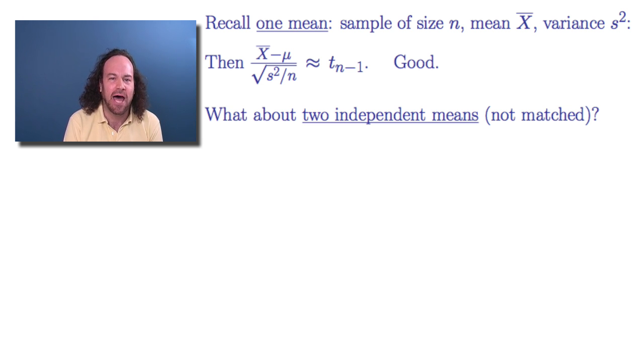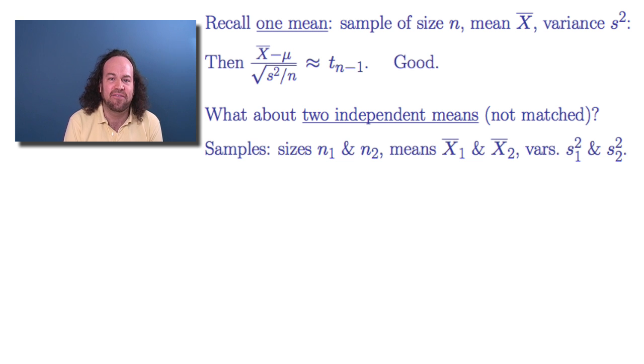So they're not matched, they're not paired up in any way. We just have two different samples, and we'd like to know something about the difference of the two true means. Well, again, the samples would have different sizes, n1 and n2, and they'd have different values of the sample mean, x bar 1 and x bar 2, and they have different sample variances, s1 squared and s2 squared. And we'd like to be able to say something again about the distribution so that we can compute confidence intervals